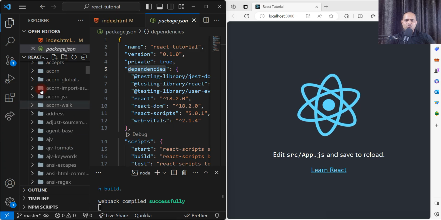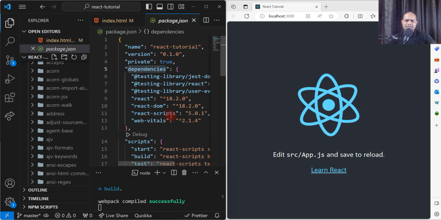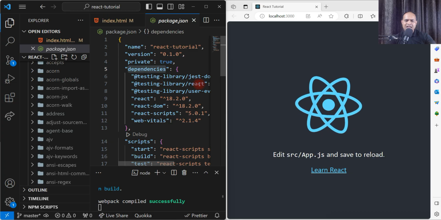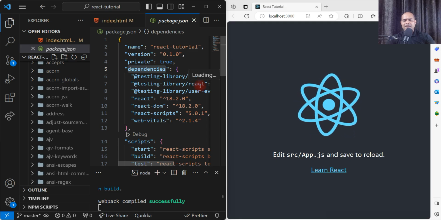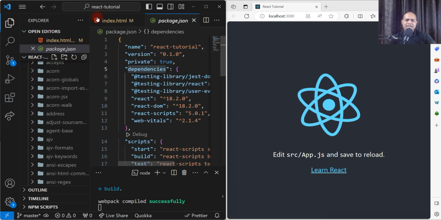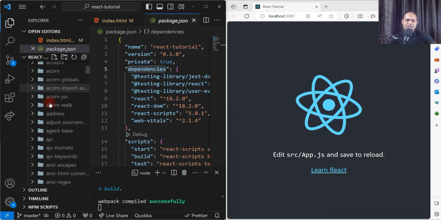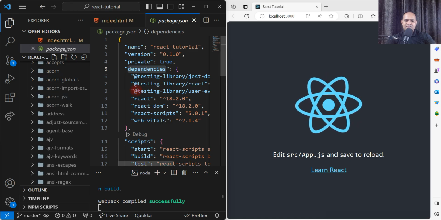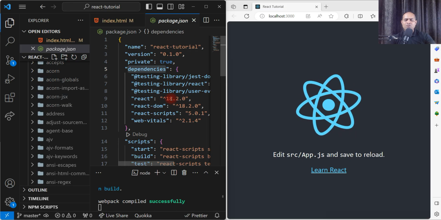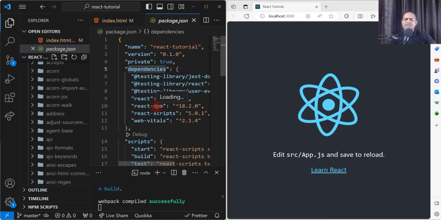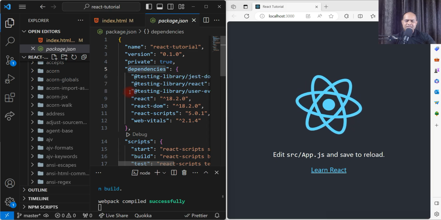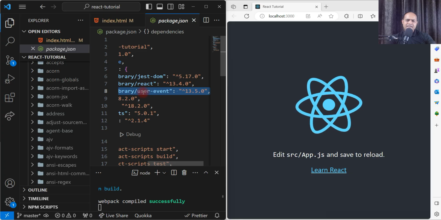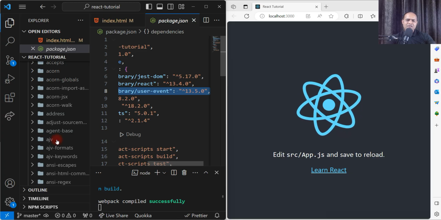That means that folder will be found inside the node modules. If I'm using something like testing library slash React, if I'm using this dependency, then I have to do npm install testing library slash React, okay. If I do that, the library will get installed in my application, in my folder, and that will appear in the node modules, and this line will be mentioned in the package.json. So that is how in package.json, whatever dependency we are installing, we'll do npm install that dependency name, then that reference will come over here in the dependencies, and that library will appear over here